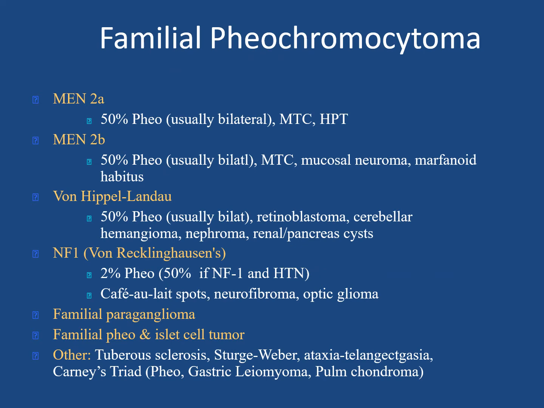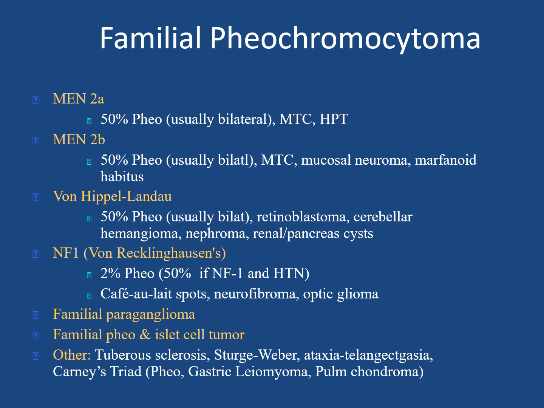Then there is the familial pheochromocytoma. It could be MEN2A. In 50%, pheochromocytomas are present in MEN2A. They are usually bilateral and they are associated with medullary thyroid carcinoma or hyperparathyroidism. Then MEN2B. Then von Hippel-Lindau disease, in which there are retinoblastoma, cerebellar hemangiomas, nephromas, renal